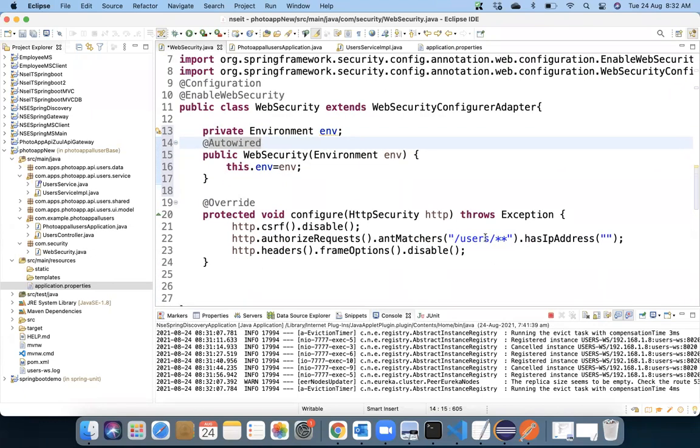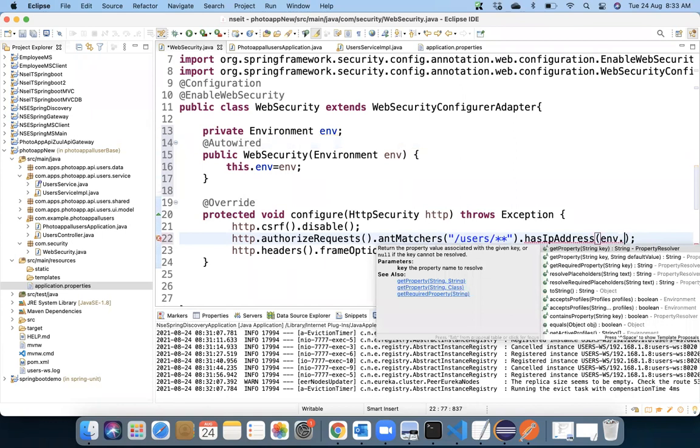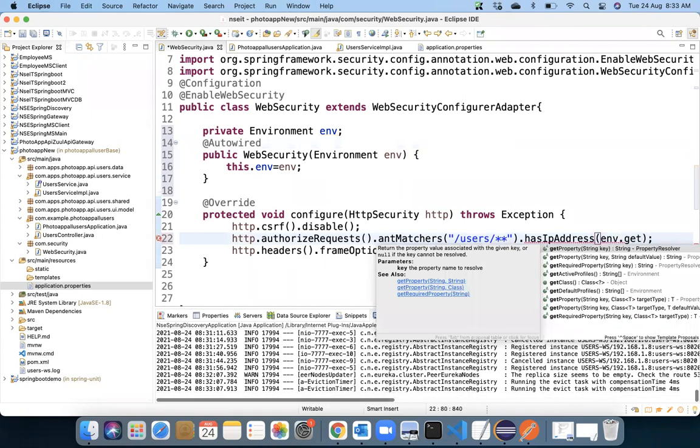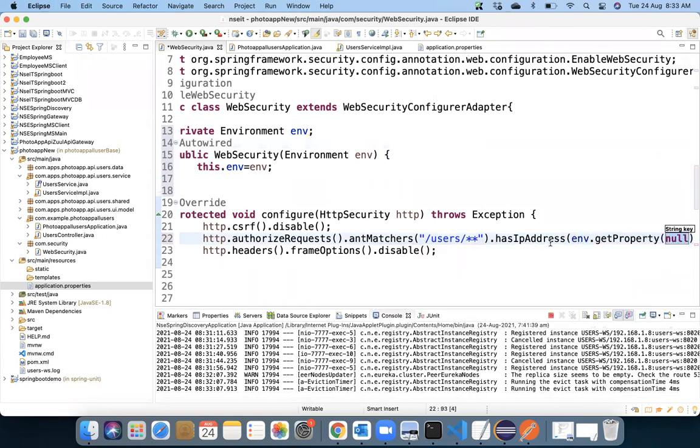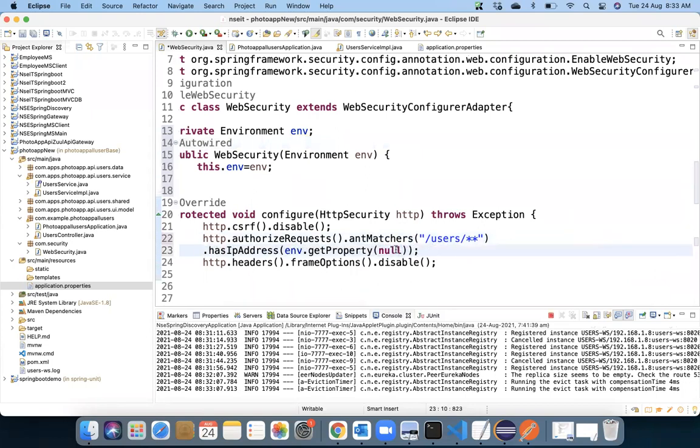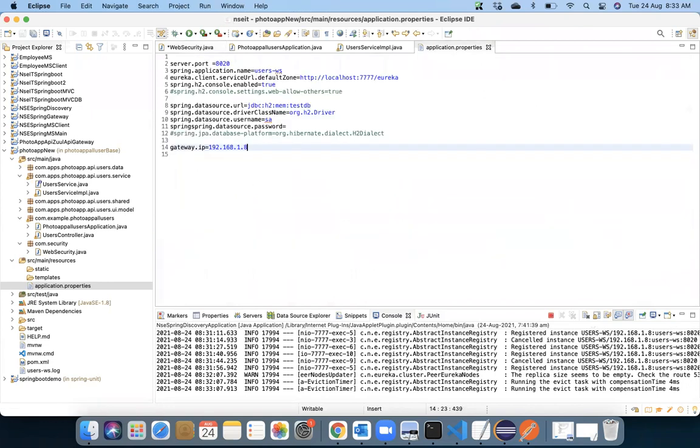Once you perform this @Autowired, rather than hard coding this value, you can say env.getProperty, and here you can load the property the way you want, by saying the property called gateway.ip.